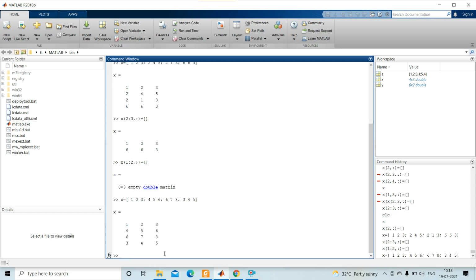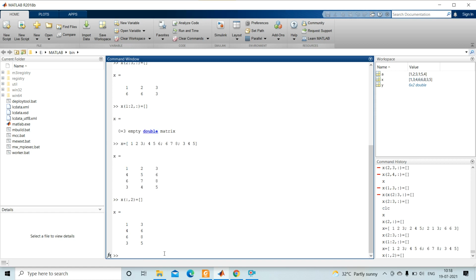So the matrix is now created. Here we have 3 columns, and I need to delete the second column. For this I write x bracket colon comma 2 bracket close equal to null vector. The second column is deleted now.